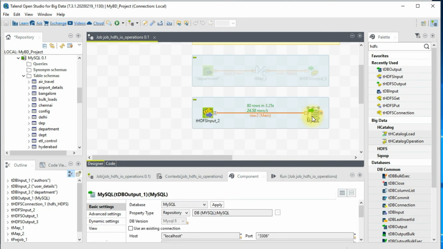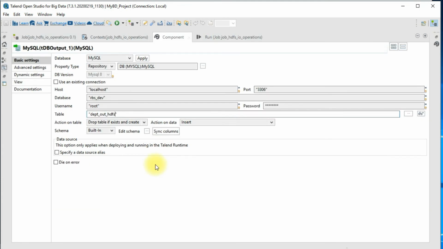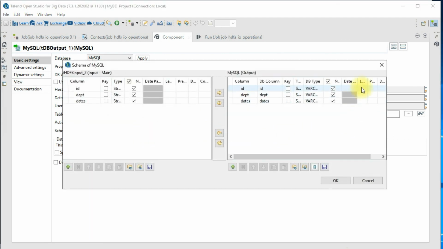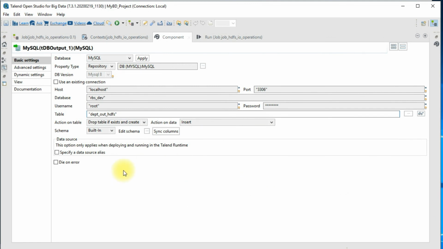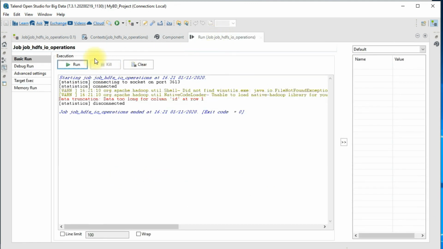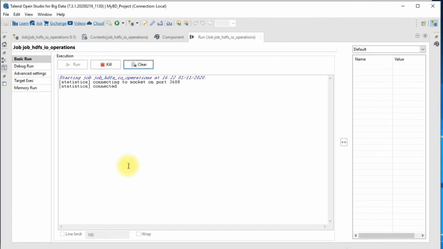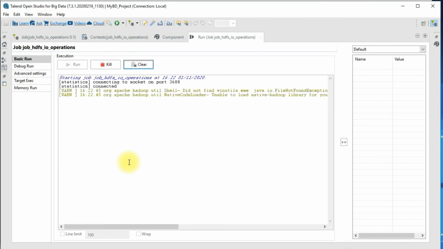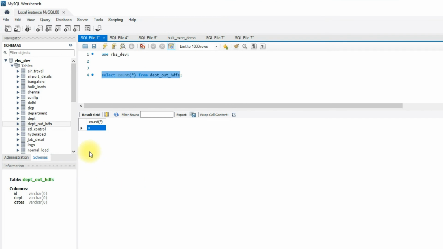Let's go back and check if we have any issues with data type or anything. Right, one thing is whenever you use MySQL, we have to define the length. That might be the reason. Let me go ahead and give these values some length, because otherwise MySQL will not treat it as proper data. Let me go ahead and run the job again. Okay, so this time it is completed successfully. I'll go back to MySQL Workbench. Okay, so as you see, all the 80 records are created.